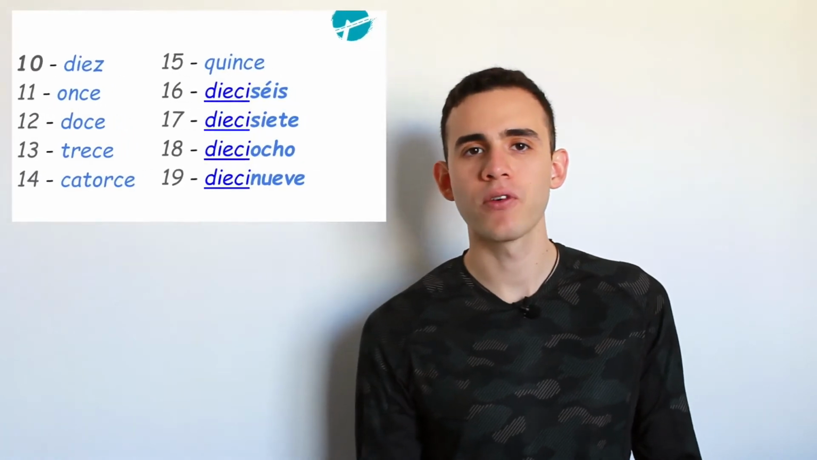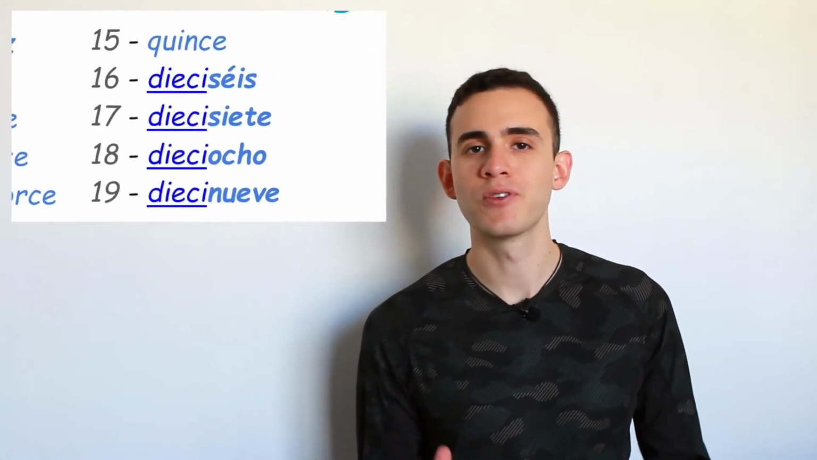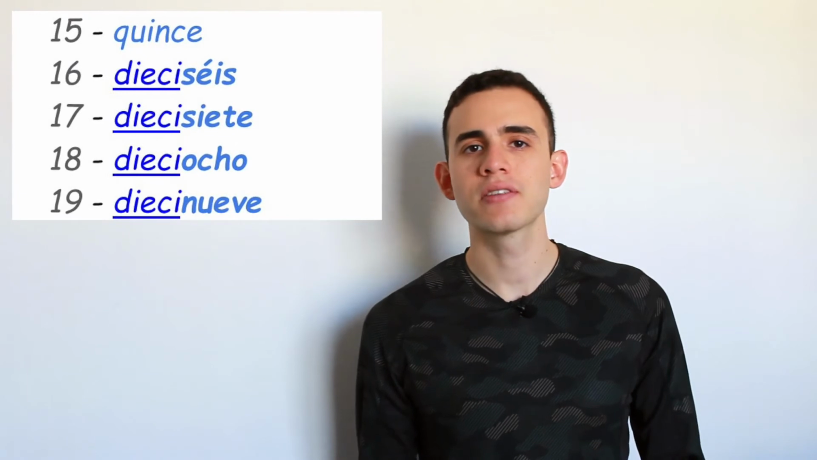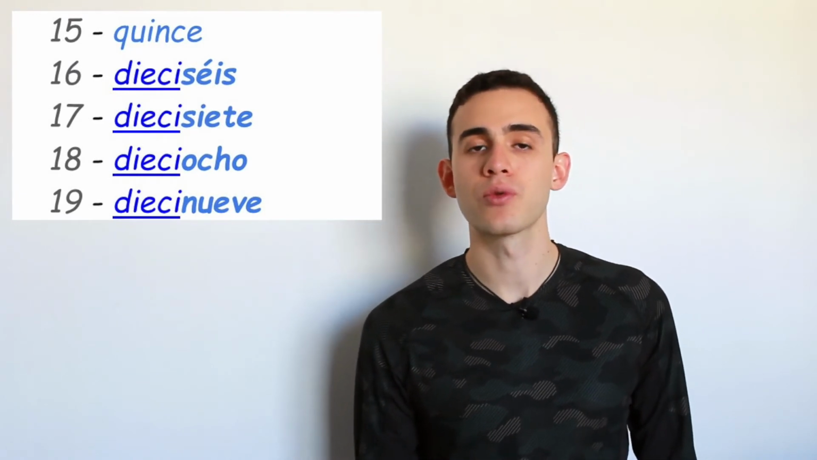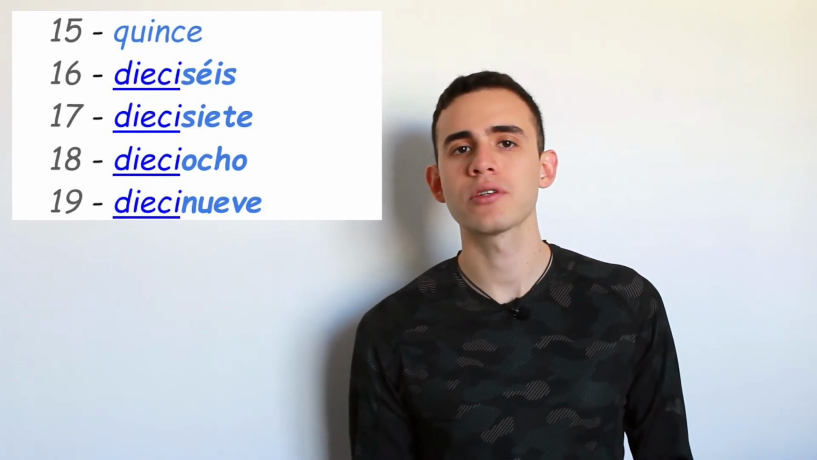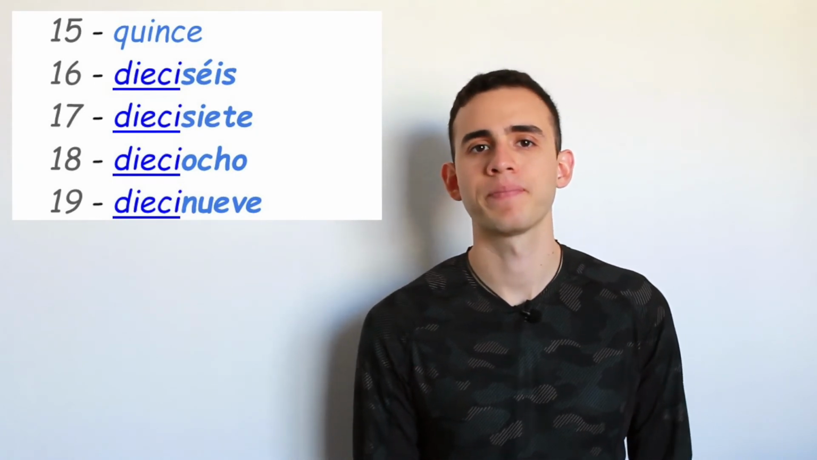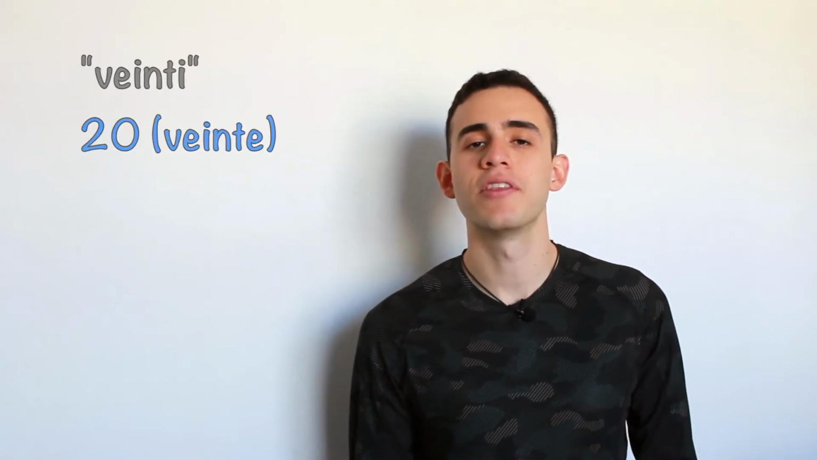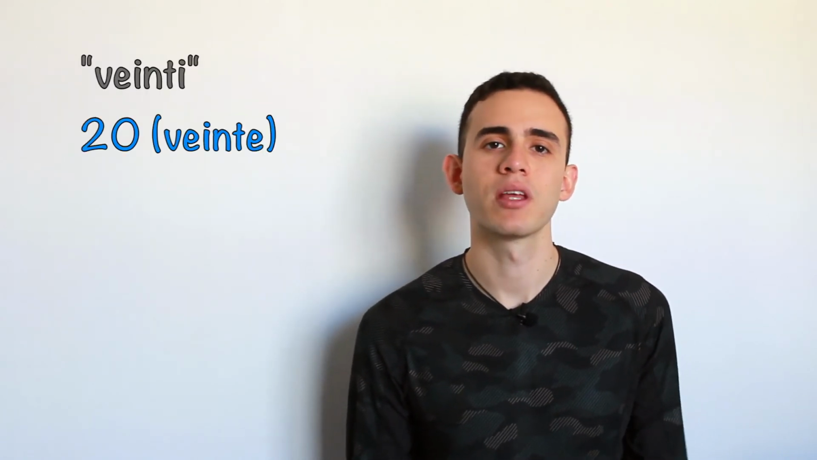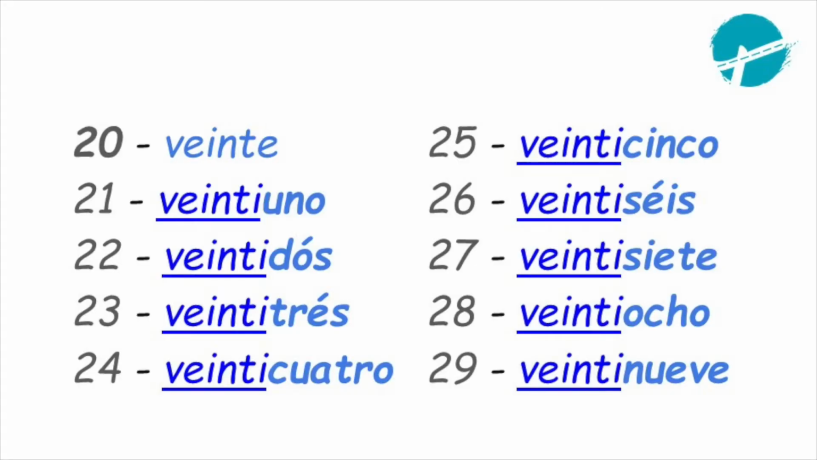Did you notice that the last 4 numbers of this group consist of 2 different parts? The prefix dieci, which refers to 10, followed by the numbers 6, 7, 8, y 9. The numbers for the next group follow the same pattern, but this time with the prefix 20, which refers to 20. 20, 21,